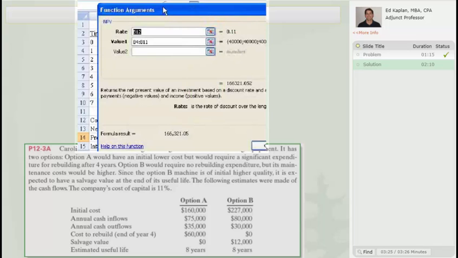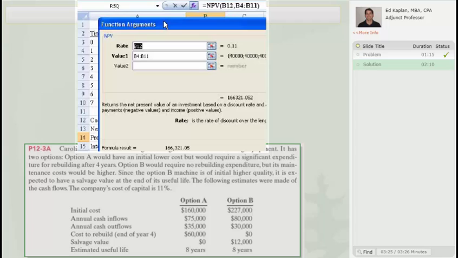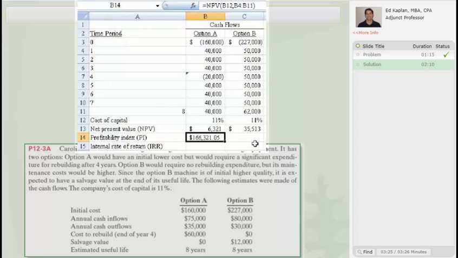And I'll hit F2 and you see, to get the numerator, we have to determine the present value of the net cash flows. So using 11%, we drop in B4, the range B4 to B11. That's the same range you've seen before. Okay, why are we only using B4 to B11? Because those are the net cash inflows we're concerned with. We ignore the actual initial cost of investment when we calculate profitability, and instead put that on the bottom,